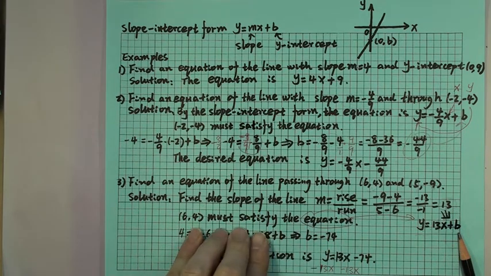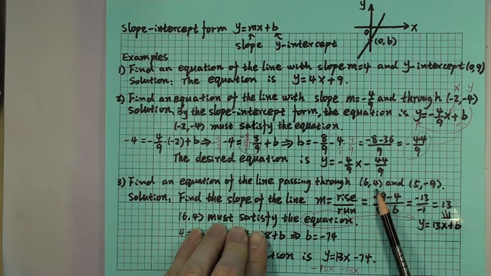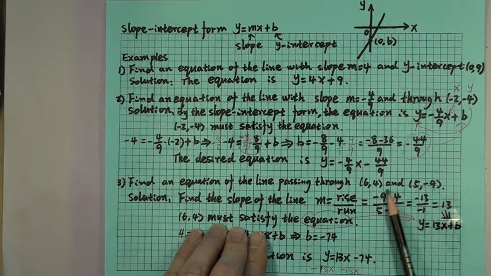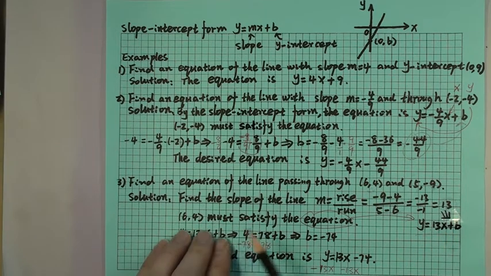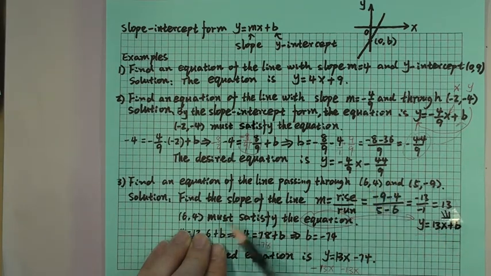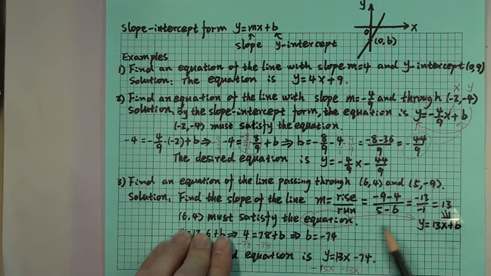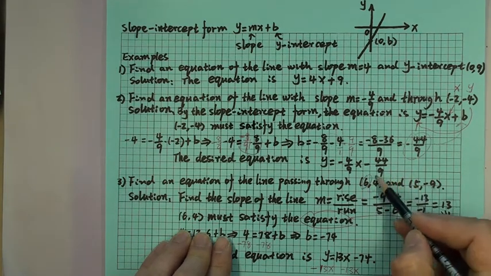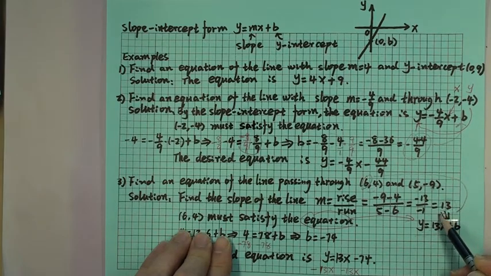We know the line passes through both of them. So then of the 2 points, either one of them must satisfy this equation. Okay, you may choose this point, you may choose this point. So let me choose (6, 4). (6, 4) must satisfy this equation. Okay, and then x goes to here,